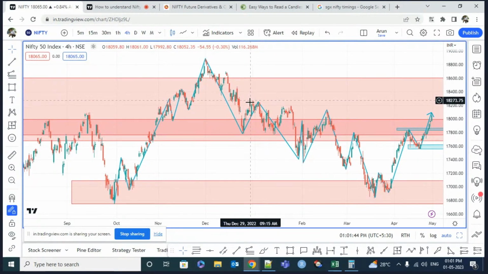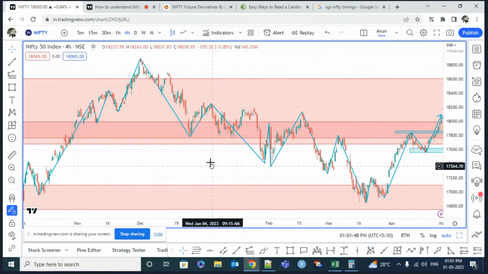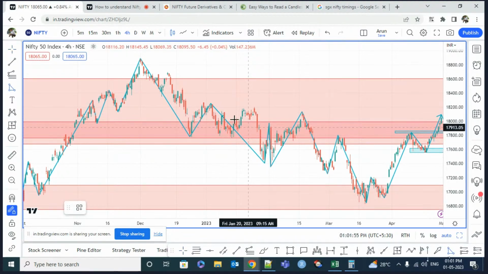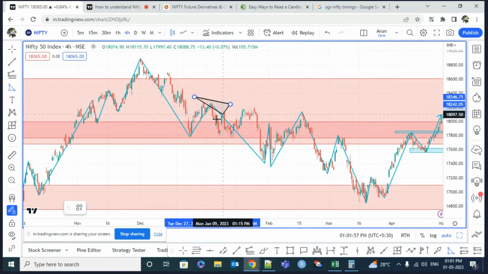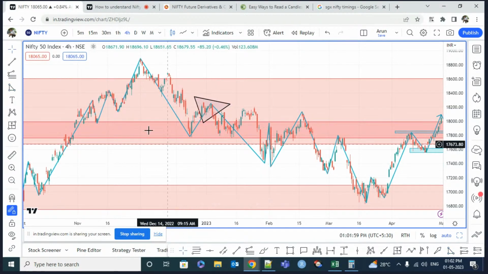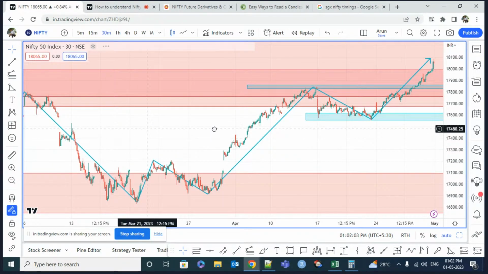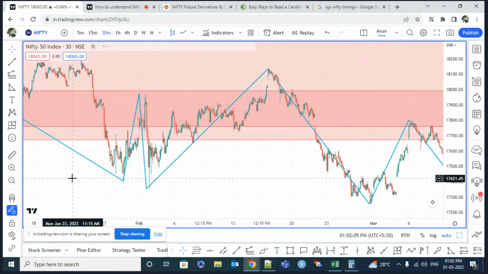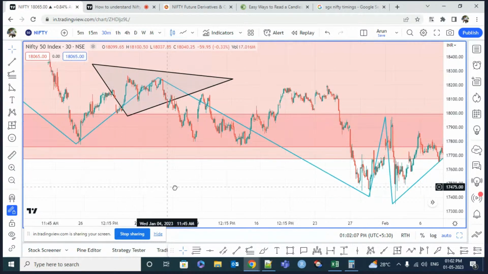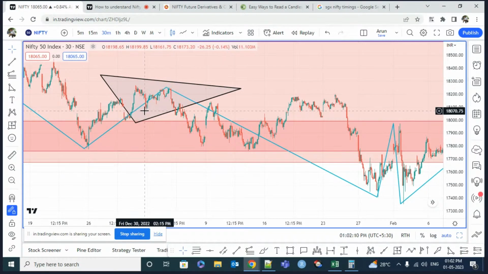Now here, if you had looked for a trend reversal, there is a double top here. If you look closely, this is a double top, and the neckline has broken. So if we look at 30 minutes, again there will be the same. Let me show here. This is one drawback. I'll show why. Let me show in 30 minutes. So if you see, there is a double top and there is a neckline break,